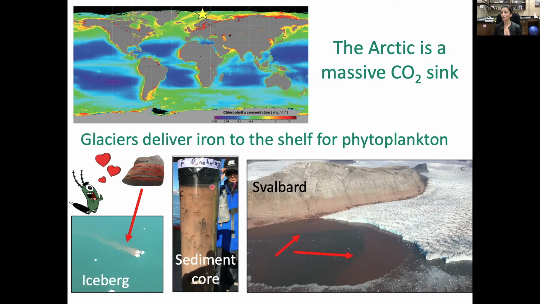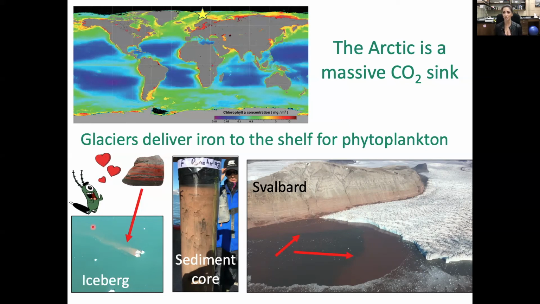You can take a look directly at the sediments that underlie this water, where that iron has accumulated, and it's rusty red. And this rusty red also trails icebergs that come off of the glaciers. And this is extremely important because if those glaciers retreat so much, they're not going to be an effective conduit or flow source for that iron that can stimulate primary production, that can draw CO2 out of the atmosphere. So all of this is a delicate balance, and we're still trying to understand what climate change means, especially for